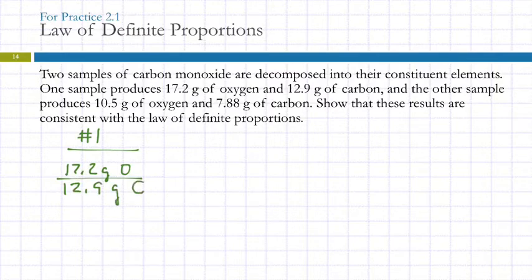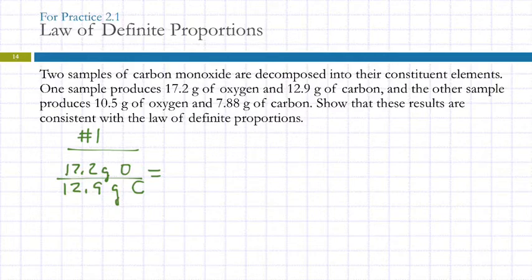Why am I doing oxygen to carbon and not carbon to oxygen? There's no fancy reason. I just like ratios that are larger than 1. So I'm going to take the big number and divide by the small number, because I think they're easier to look at. So this will give us